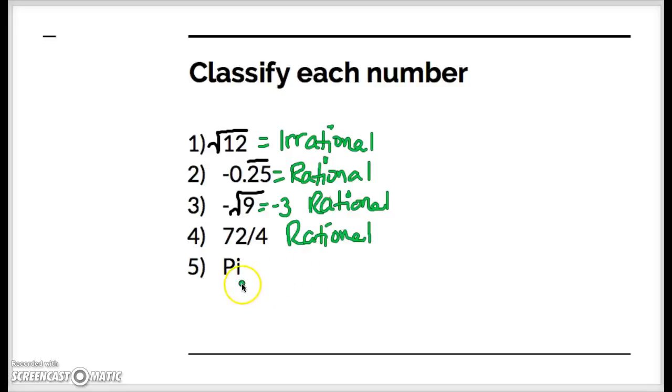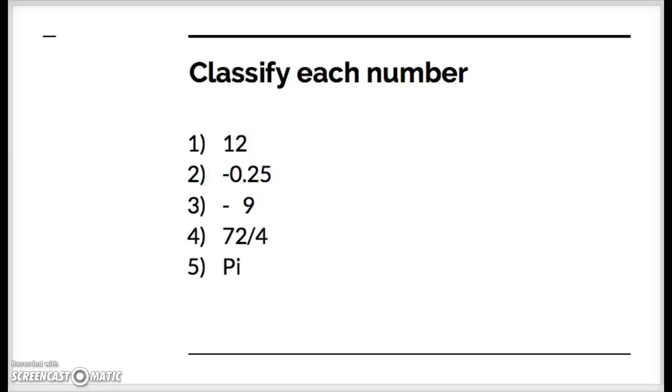And then lastly, we have pi. There's our pi symbol. And we talked about this already. Pi is an irrational number. Now, moving on to the next example,